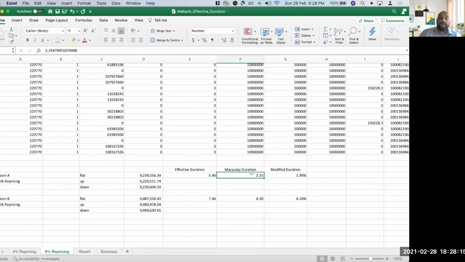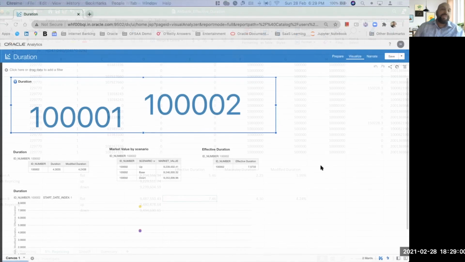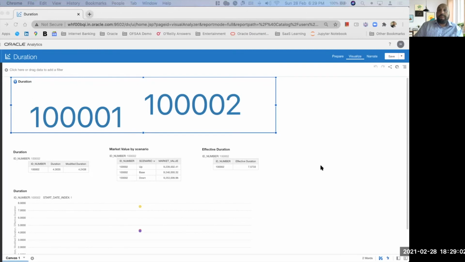And this is another option for practitioners in banks to look at, and it might be useful. Especially when we were presenting to this bank, they appreciated that this can also be computed by the application. As you might know, the Oracle ALM application, and indeed the wider Oracle Financial Services Analytical applications, is intrinsically linked to the reporting area. Now, in this case, Oracle Analytics. And what I've done is to show you that